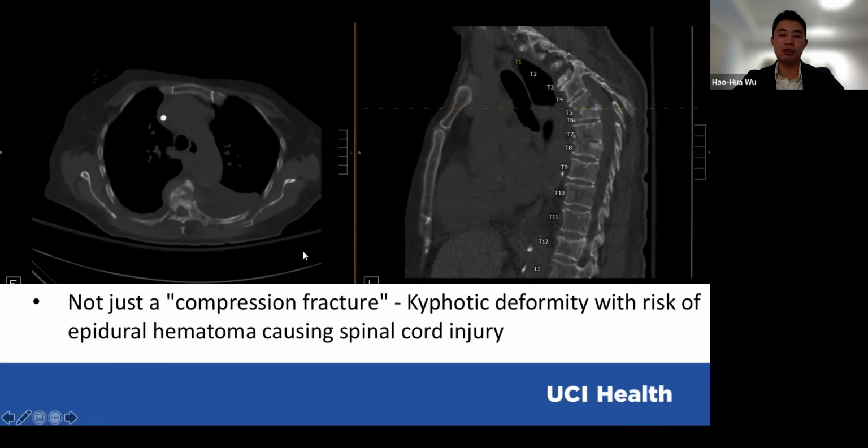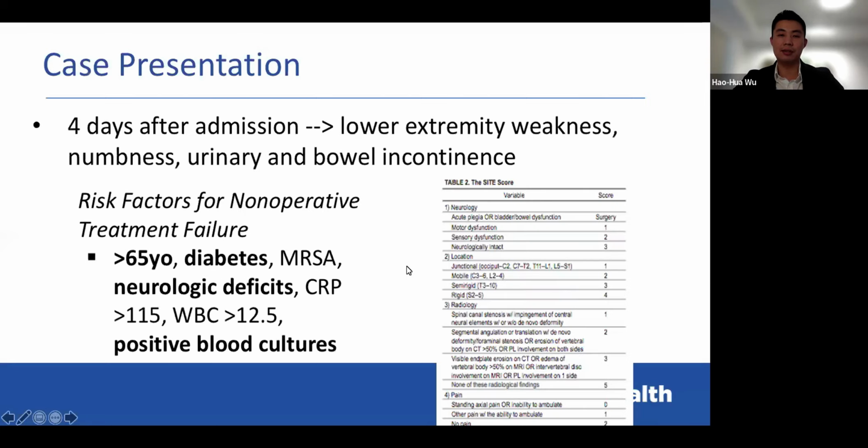So this patient actually, 4 days after admission, started developing lower extremity weakness, numbness, and urinary and bowel incontinence, and became an ASIA A. And these are the risk factors she had for non-operative treatment failure for a spinal epidural abscess. She's over the age of 65. She's diabetic. Now you learn that she's developed neurologic deficits, and she's also got positive blood cultures for staph,